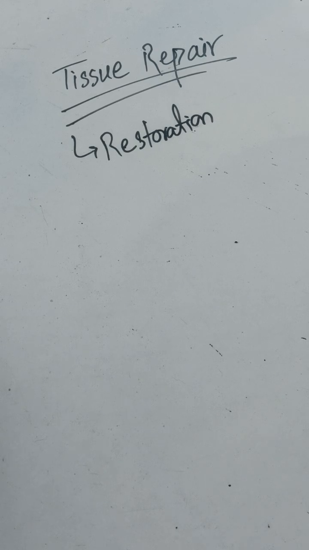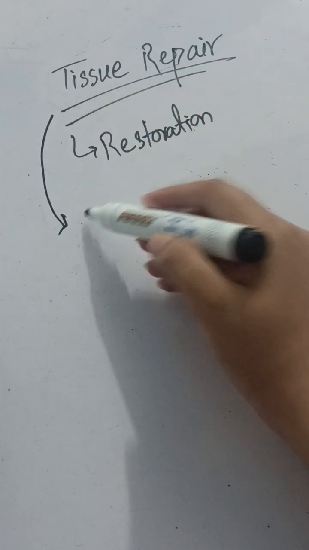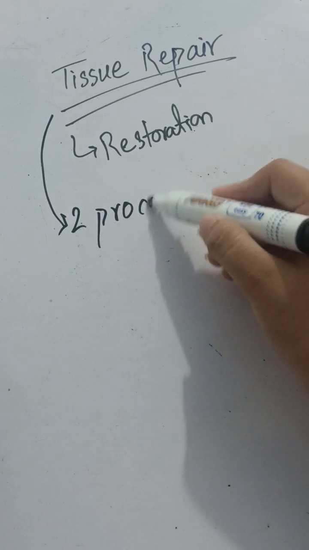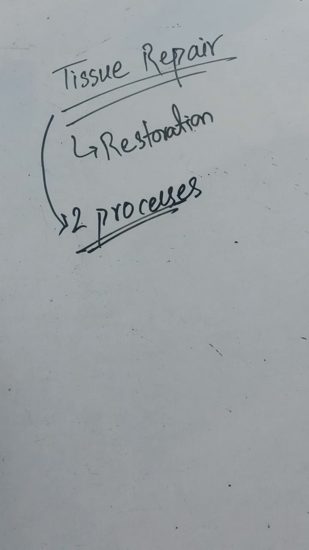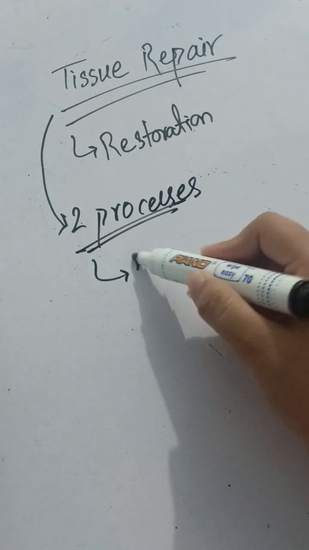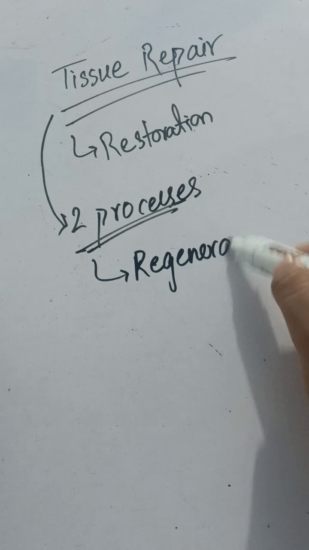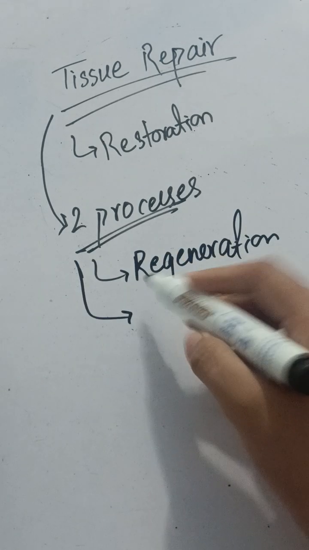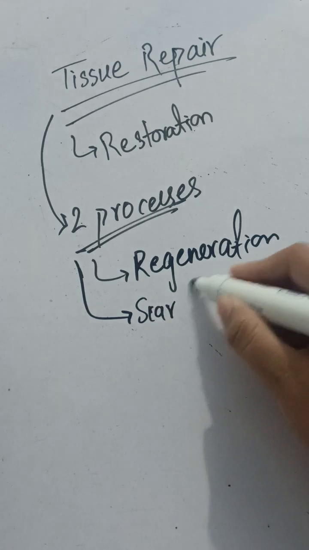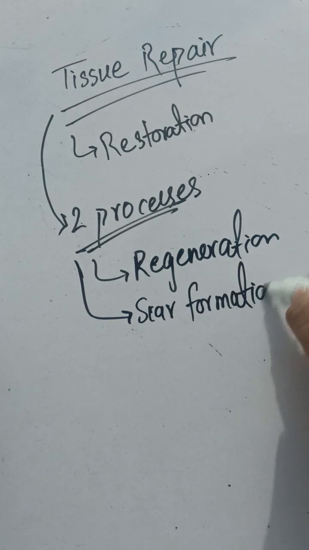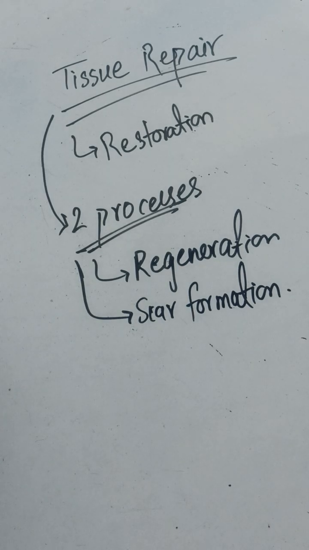Now tissue repair consists of mainly two processes. It can have three types, but mainly two types of processes occur in tissue repair. So if someone asks you how many processes occur in it, you have to tell them that two processes occur in tissue repair. First is regeneration, and second is scar formation. So first, regeneration means replacement, that your injured tissue is replaced by normal cells,